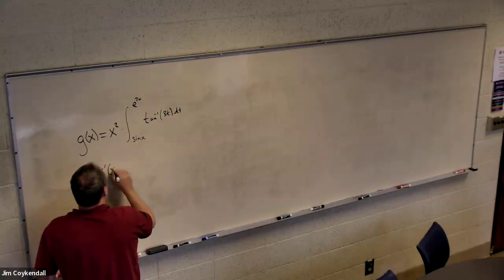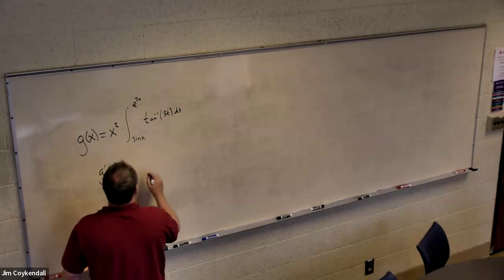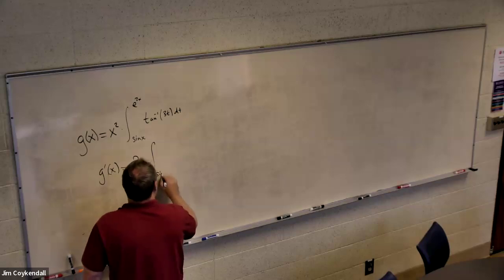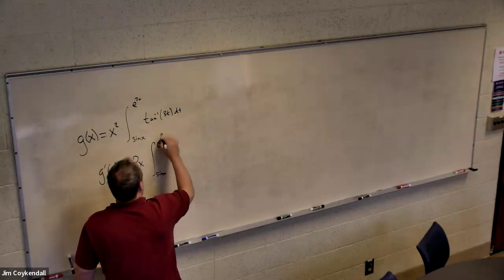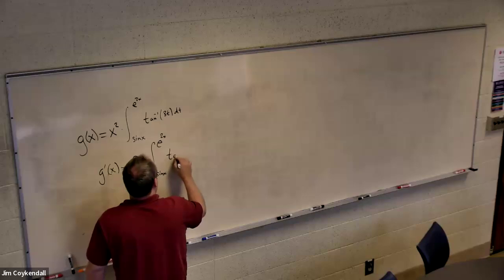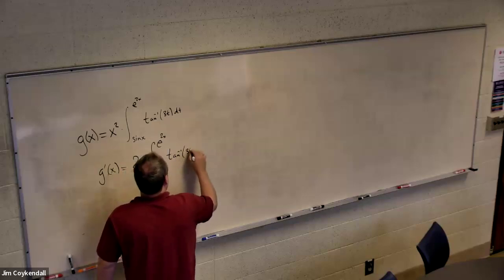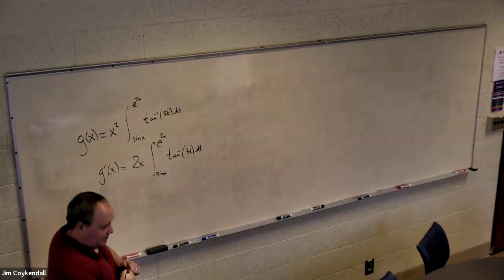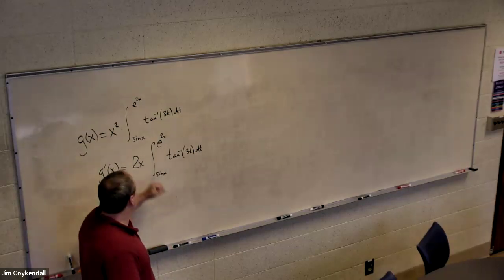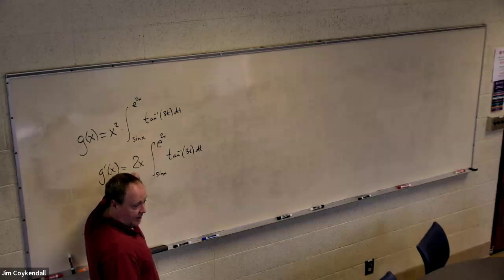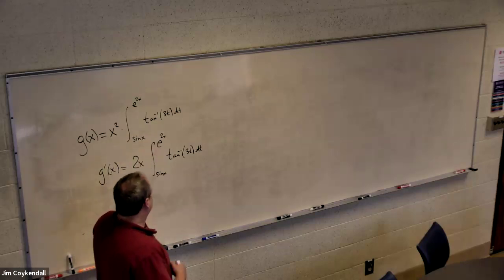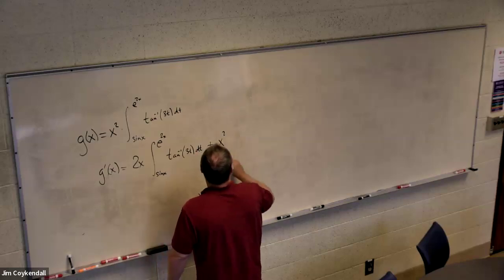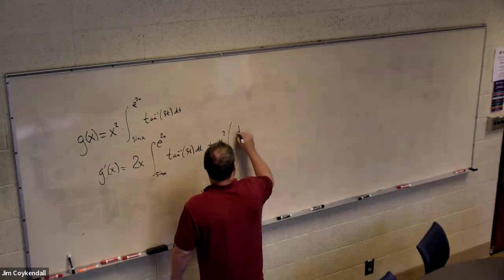Let's do the easy part first, because I know what the derivative of x squared is. It's 2x times this other piece. That's just the first piece of the product rule: derivative of this times this. Now, the other part is x squared times